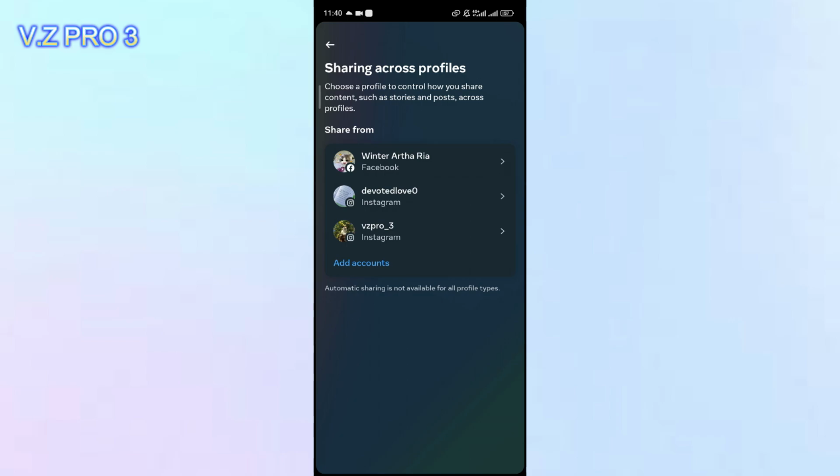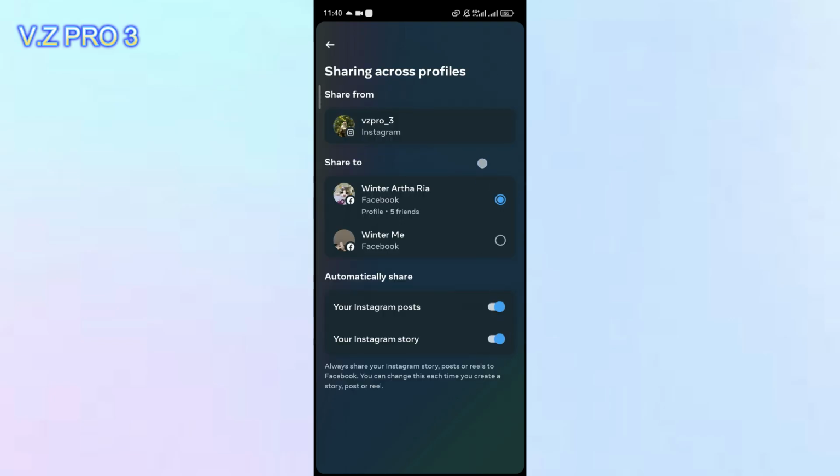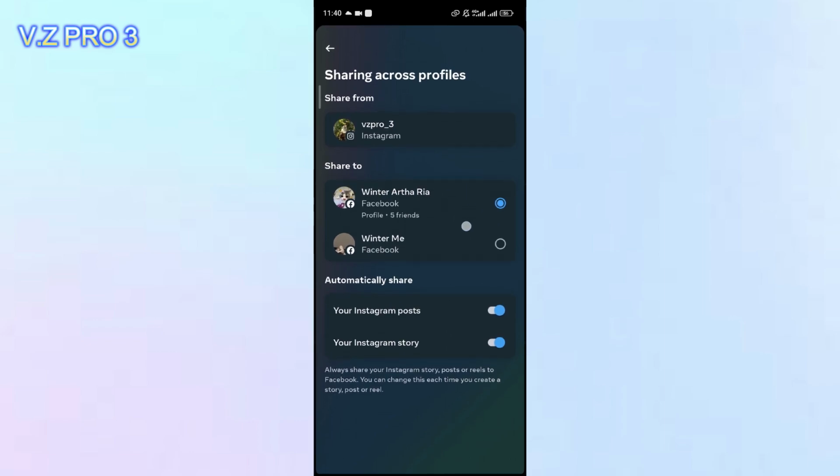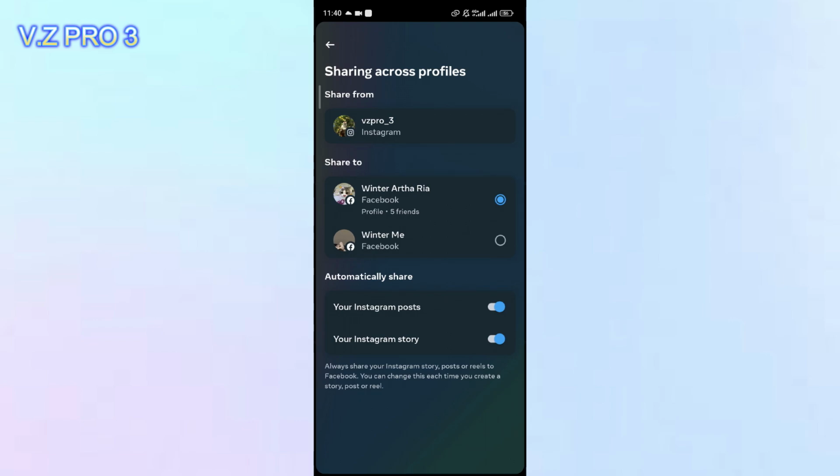So here I'm sharing 3 accounts on my Instagram, including this Facebook account. You can just tap on your Instagram account. Here's Automatically share. As you can see, it's set to enabled, sharing your Instagram posts to your Facebook. If you want to stop sharing, you can just turn it off like this by tapping on the toggle